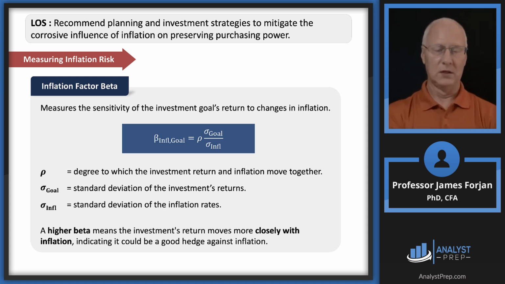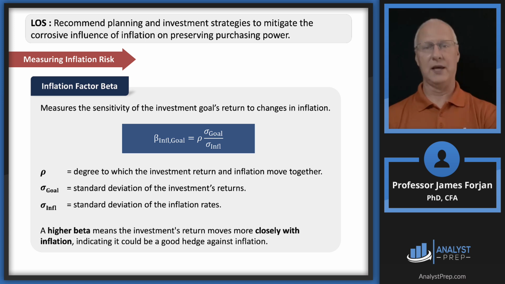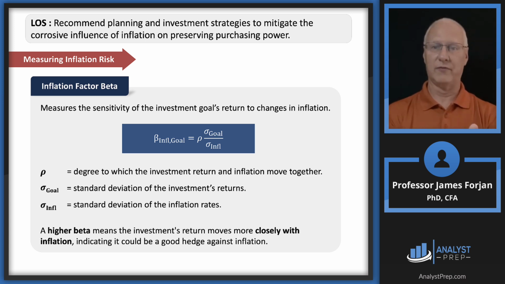Now, down at the bottom, so let me repeat myself. Be able to compute that in the blue box, but look down at the bottom. This is really important here. I think this is the better exam question. If there is a higher beta, it means that the return, the sigma of the investment portfolio, moves more closely with inflation. Now that should make sense because of that correlation coefficient, and then you adjust. So think about the correlation coefficient between the investment returns and inflation. Pick a number, say it's 0.5, but then you adjust it by the ratio of standard deviations to get this inflation factor beta, which is our kind of measure of systematic risk.